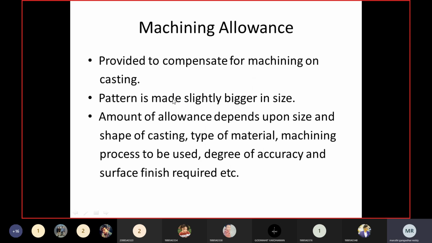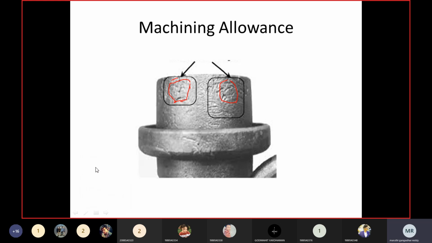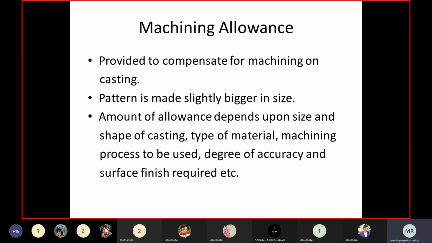That means here, in order to provide compensation for the machining of the casting, you can observe the component that has been taken out from the sand casting process further requires machining. Why? Because it does not have a good amount of surface finish. What we need to do is again perform the grinding operation to get the desired surface finish. That means in order to compensate for the machining on the casting,